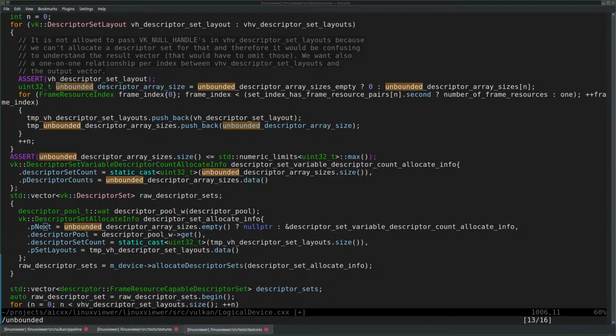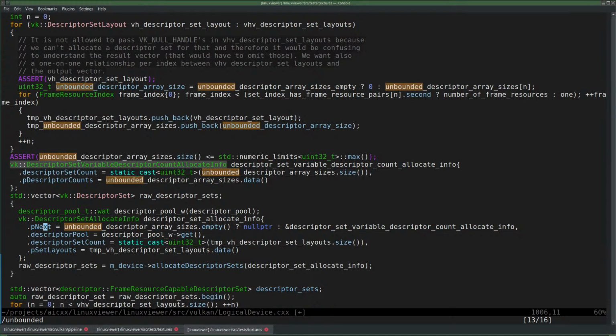So if the dot P next chain of contains a then all,